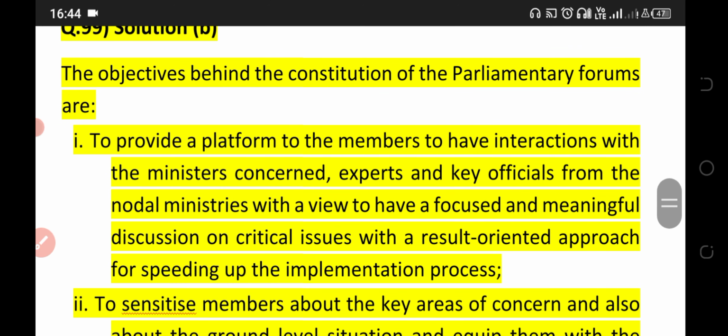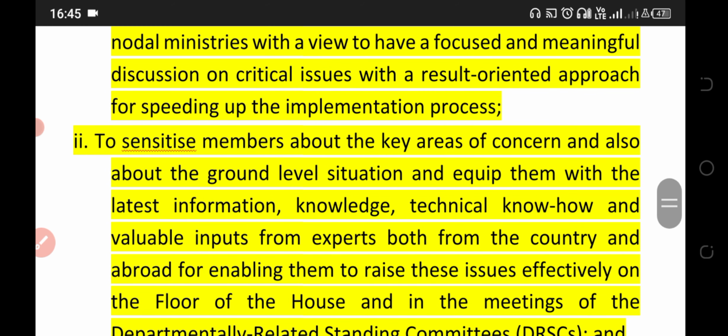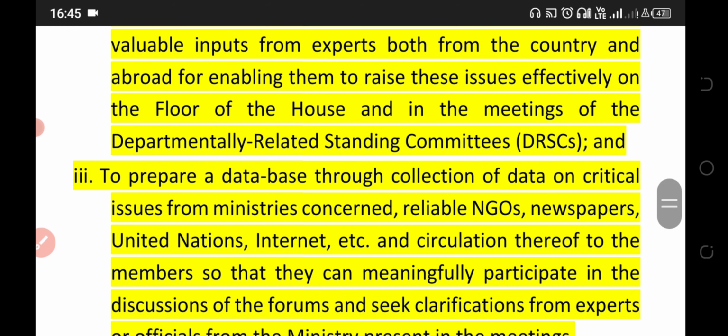The objectives behind the constitution of the parliamentary forum are to provide a platform to the members to have an interaction with the minister concerned, experts and key officials from nodal ministries with a view to have a focused and meaningful discussion on a critical issue with a result-oriented approach for speeding up the implementation process; to sensitize the members about the key areas of concern and also about the ground level situation and equip them with the latest information, knowledge, technical know-how, and valuable inputs from experts both from the country and abroad for enabling them to raise these issues effectively on the floor of the House and in the meetings of the departmentally related standing committees;